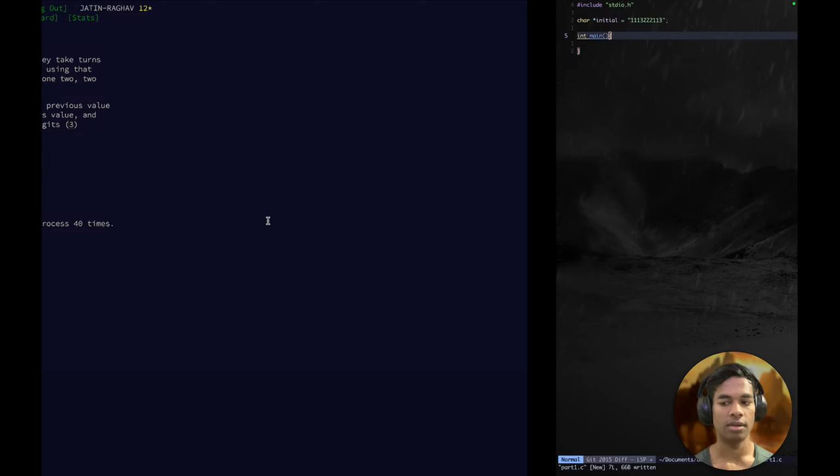Okay, and it will return a string, right? Okay. So it will return a char pointer. It will be named iterate, or like look and say, look and, that doesn't look beautiful. Look and say, it will take in a char pointer s, right? And inside it, the char pointer will be null terminated, so for int i equals 0, i less than, s[i] isn't equal to null, do i plus plus,